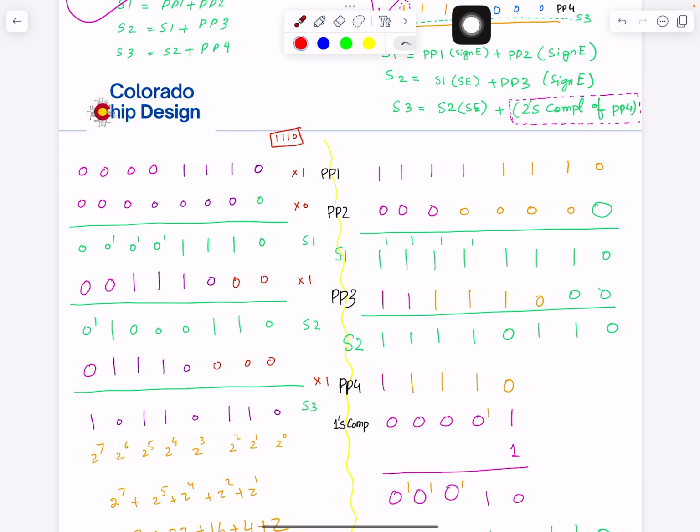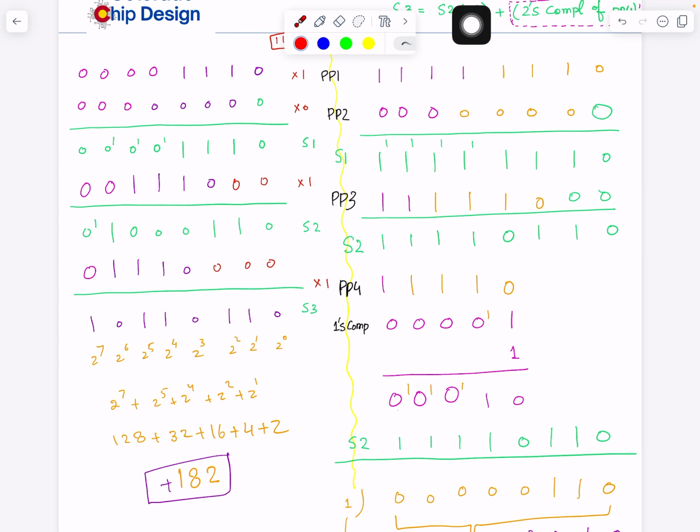So what we do here, in order to create 2's complement, is we create 1's complement first, which is basically flipping every bit, and then you add 1 to the 1's complement. So you add 1 1 1 0, carry out 1 1 0 1 0 0 0. So this is the partial product number 4 with 2's complement, so negative of it,